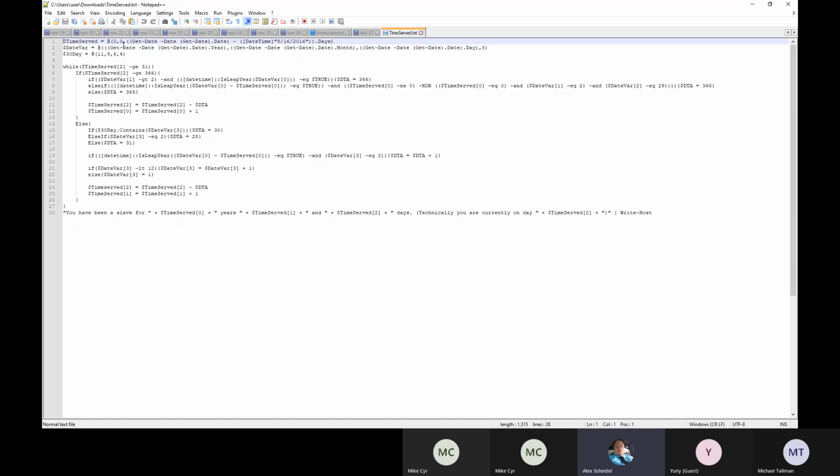But you can see here, for instance, we've got the time served is an array. It's an array that's built in years, months, and days is how it's supposed to go. We start off only knowing the number of days. So that's what this formula stuff here is. Basically, we get the date from today, which is not the time, just the date. So say it's 3/18/2021. It grabs that date,